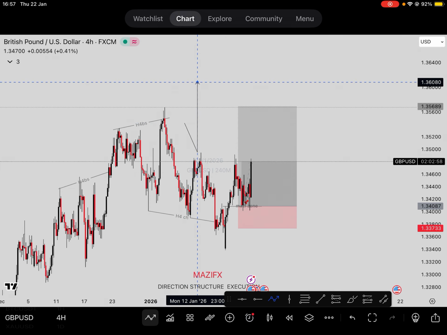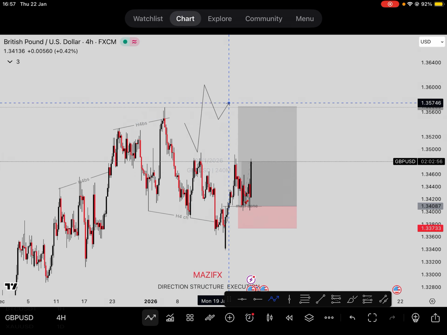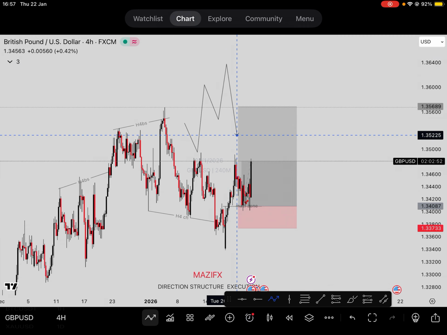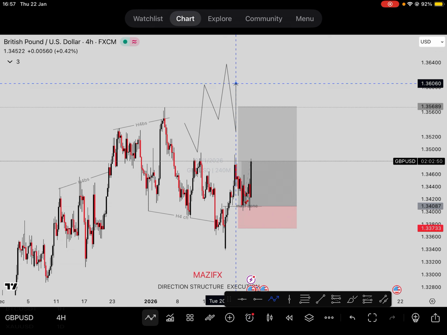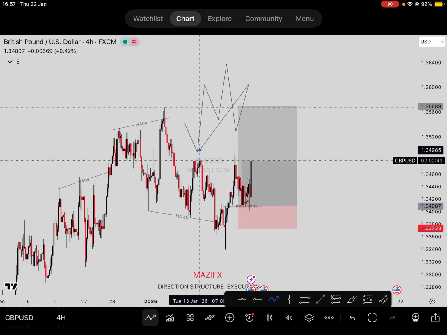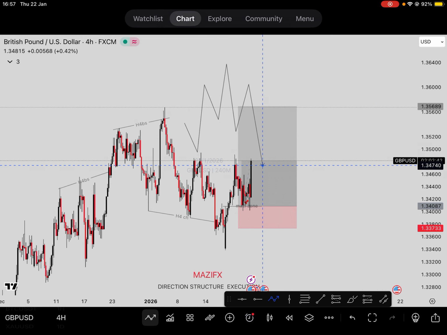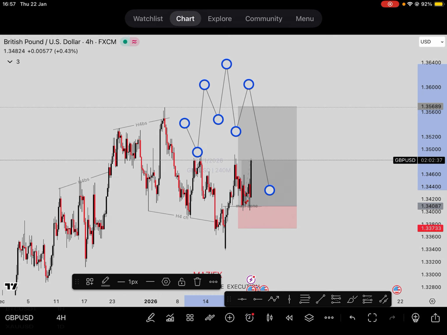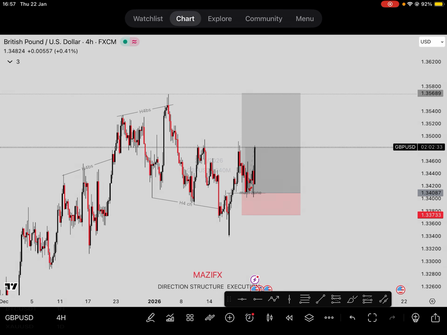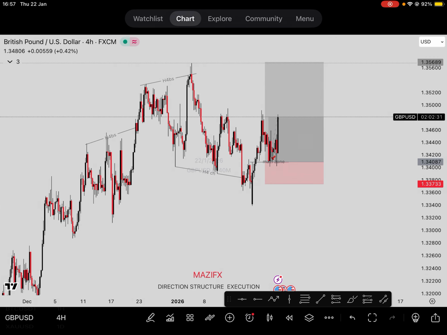Another way that will convince me to start selling immediately and change my bias is when we have something like this: a low, a high, a low, a high. Then price comes back, sweeps this low, change of character here, comes back, reacts from somewhere around here, then goes down. I know that this can never oppose the price again. Price has automatically changed character. That is another scenario.